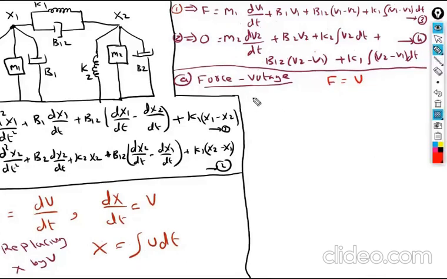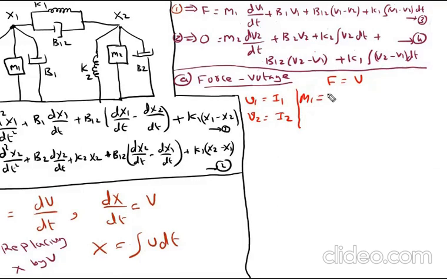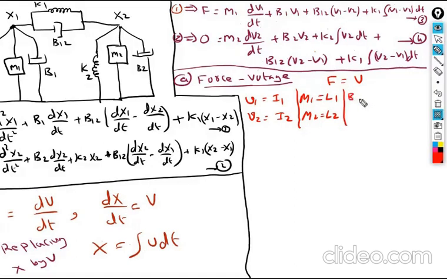And now the equivalent of velocity v1 is current I1, and the equivalent of velocity v2 is current I2. In the same way, what is the equivalent of mass? The equivalent of mass element m is L, so m1 becomes L1 and m2 becomes L2. Now next is the equivalent of B. There are 3 here. The equivalent of B is R, that is B1 becomes R1, B2 becomes R2, and